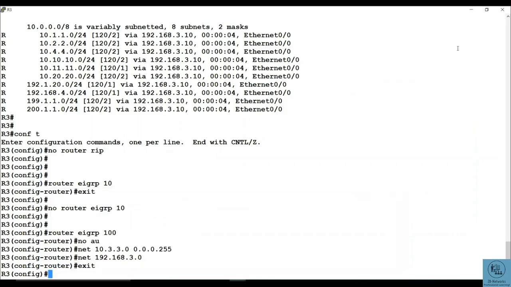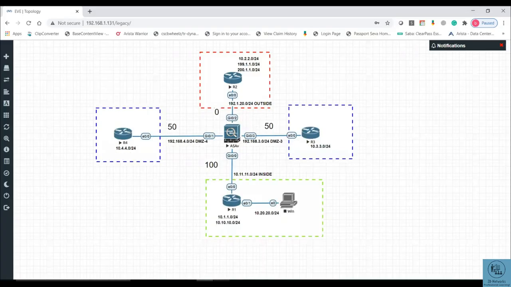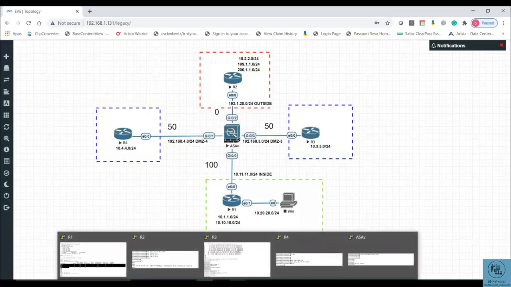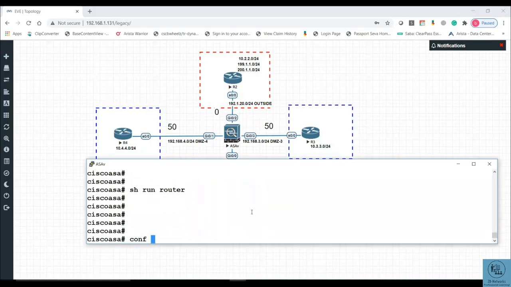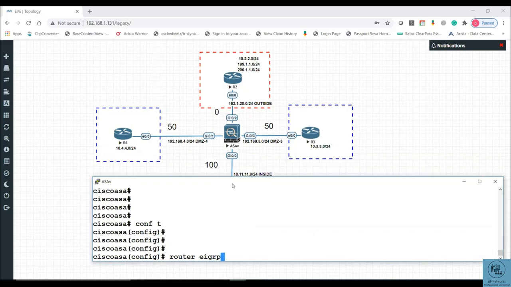Now the time has come to enable EIGRP on the ASA. On the ASA, we use the same command, no difference, only the mask: a wildcard mask cannot be applied, we normally apply a subnet mask. So we go to the ASA and say router EIGRP with my local AS number 100, because that has to match the neighboring routers. The AS number must be the same to become neighbors. Auto-summary,